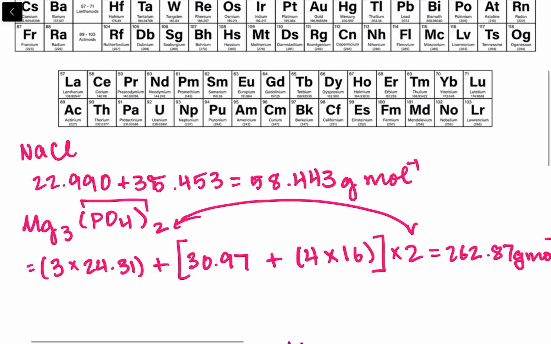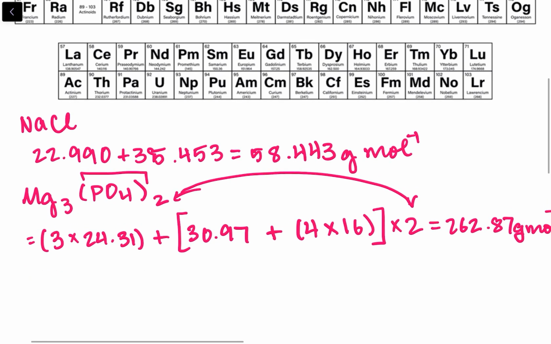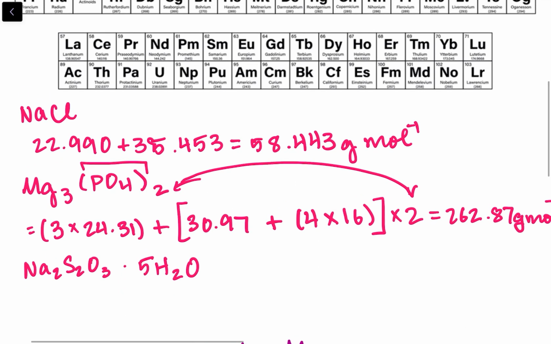But what if we have something called a hydrate? For those that you don't know, hydrates are essentially compounds that have a set number of water molecules attached to them. I'm writing an example right here. And this dot right here, just like in algebra, means multiplication. So that makes complete sense, right? If I were to calculate the molar mass for this one, it would be 2 times 22.99 plus 2 times sulfur, which is